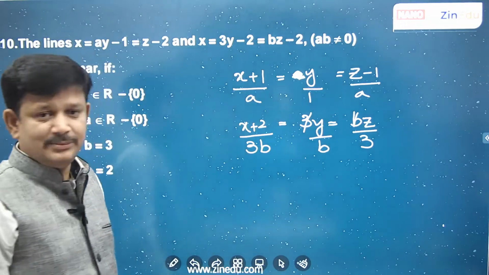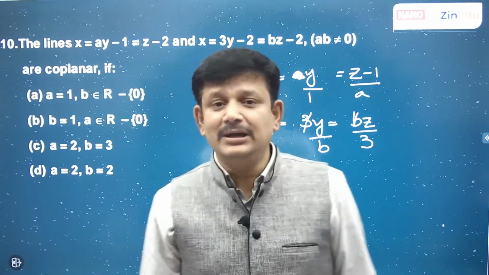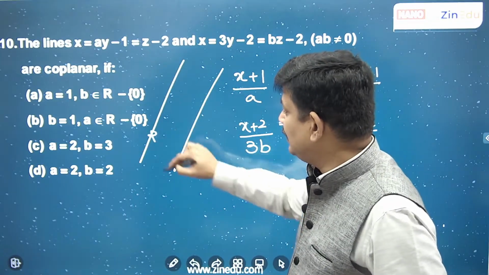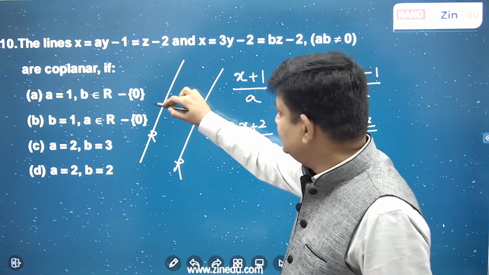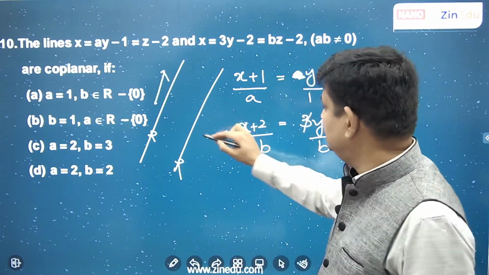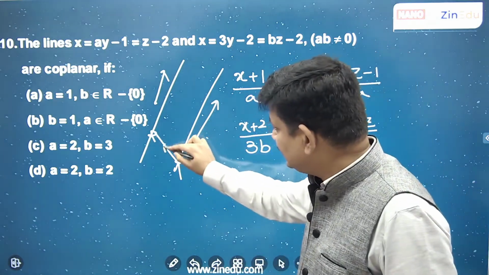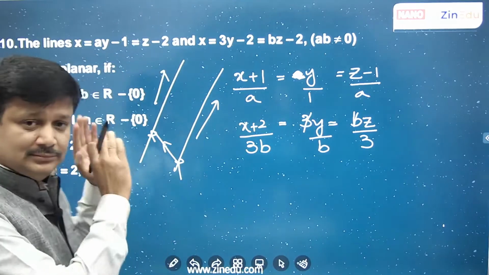This is again in symmetric form. Now, when will two lines in symmetric form be coplanar? Just understand the concept. I have a line passing through a point, another line passing through another point. This is parallel to this vector, and this is parallel to this vector. If these three vectors are coplanar, then